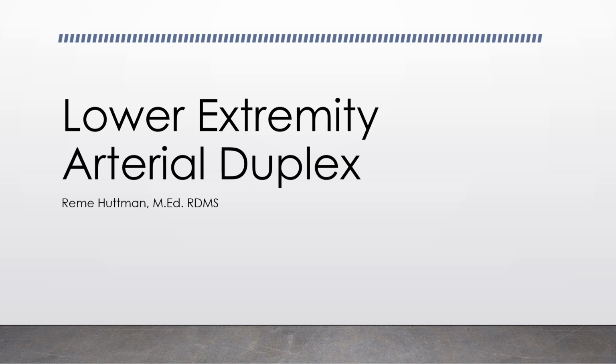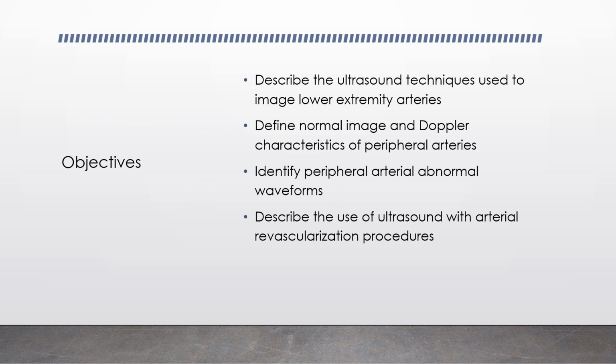Today we are going to look at how we want to be scanning our arterial duplex exams to prepare you for doing that in the field if you're not already doing it. So first of all, our objectives: you're going to describe the ultrasound techniques used to image the lower extremity arteries, define normal image and Doppler characteristics of peripheral arteries, identify peripheral artery abnormal waveforms, and describe the use of ultrasound